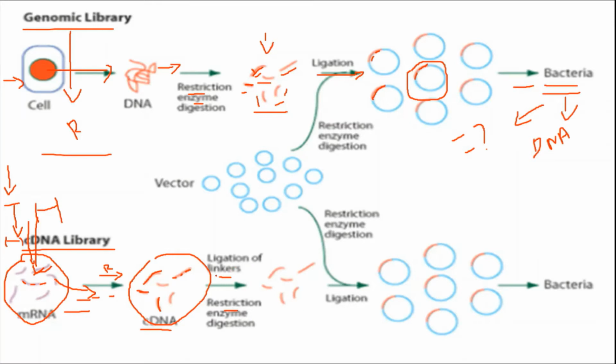Why? Because it may exist in blunt ends. Whether it's blunt end, you know very well why we are adding the linker, why we are doing the homopolymer tailing, why we are adding the adapter sequence. So what are the techniques? You know very well, because this is a cDNA. So the cDNA is converted, added with homopolymer tailing or linker or adapter sequence, restricted with the corresponding enzyme, and ligated into the vector. The library produced is called a cDNA library.